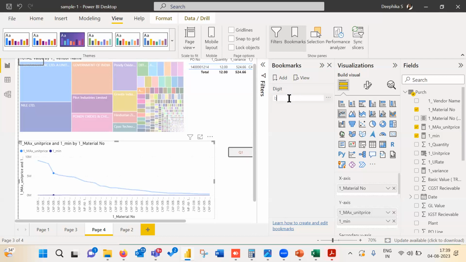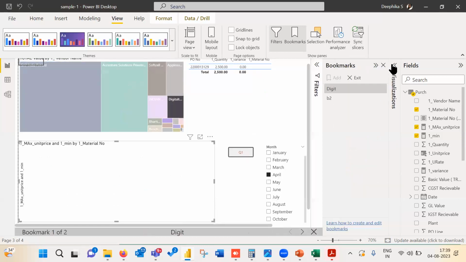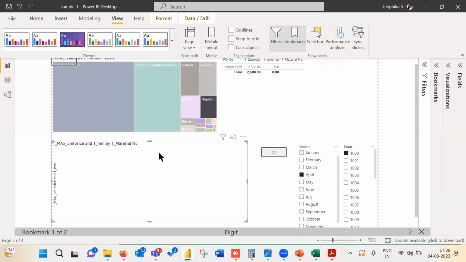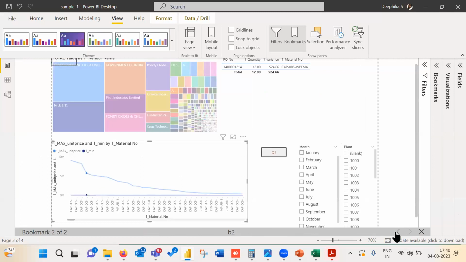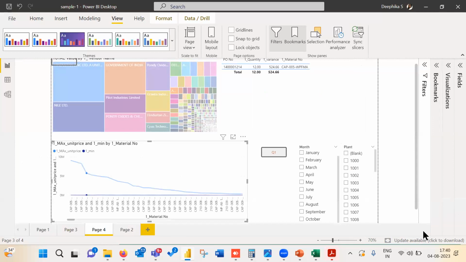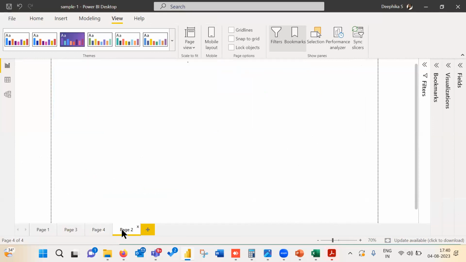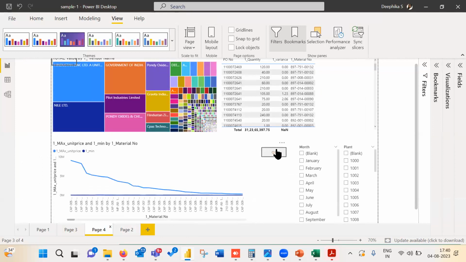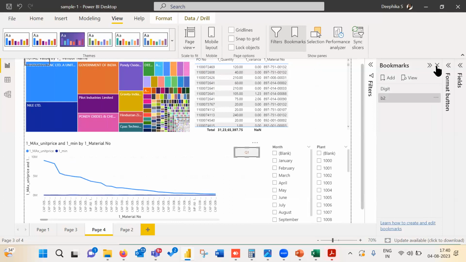So now these are called views, which we can create inside a Power BI dashboard. If I'm in the view mode, it will come like a PPT where we can analyze all the outliers or all the items we had bookmarked. Okay, so now we can assign this bookmark to a button. I close this bookmark pane. We had some button here. In the button options, the bookmark came as a bar now. If you want, we can remove it also.